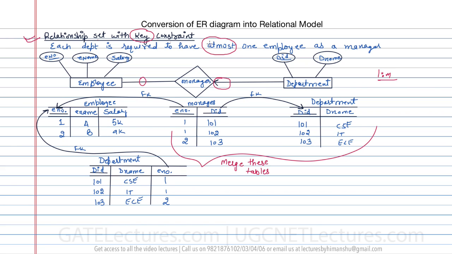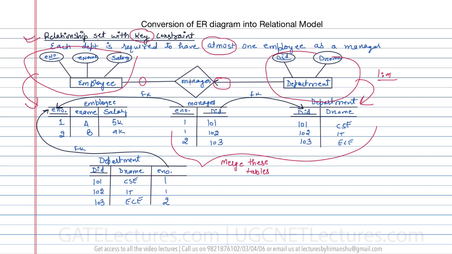At most one employee means a maximum of one employee is required, right? Or less than 1 is also acceptable, like 0 is less than 1. So for this employee, you can easily create a table. You can easily create a table for this department that we have created. But this manages relationship does not have any attribute,